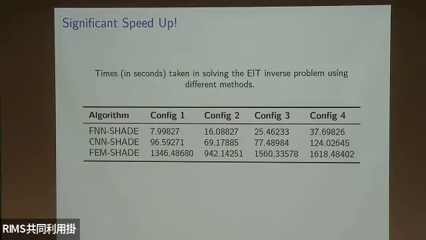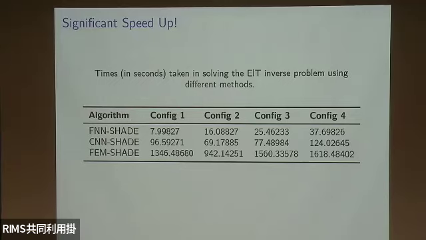But now it's quite fast. When we learned about FreeFEM, the time improved significantly. For the whole inverse problem, you only need 1,346 seconds. This was already quite fast for me. But for an application in medicine, if you want the images to come back quicker, you want it faster. And as you can see, with the feed-forward neural network, from 1,346 seconds, the whole inverse problem iteration for all the population took only 8 seconds. So that's how fast it is.